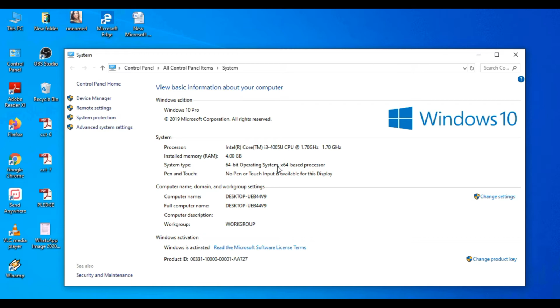In older laptops and desktops, it is 32-bit operating system, but in latest laptops and desktops, it is 64-bit operating system. So you must check which system type you have, which operating system you have in your laptop or desktop. Whenever you are downloading a software, you have to download the executive file, which is for 32-bit or 64-bit. So whenever you are downloading, it itself will ask you, please check your system configuration, whether it is 32-bit or 64-bit.